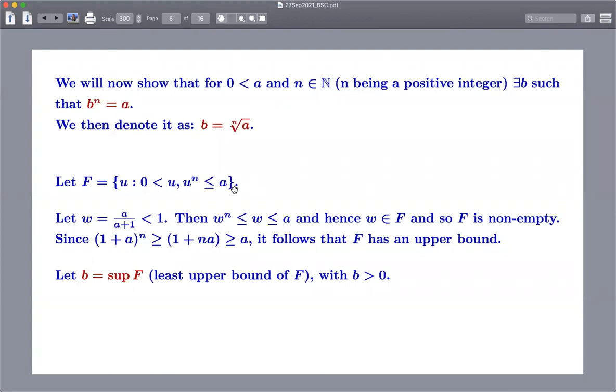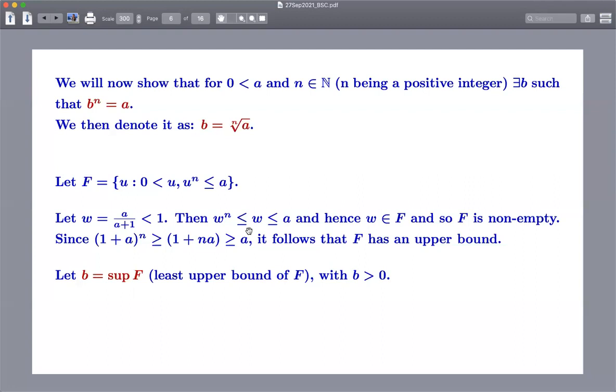Maybe it is, but probably it is, because if A is less than 1, then U^n less than 1 will tell you that the nth root will be less than 1. So every element in F will be less than 1, and 1 itself will be an upper bound. The only thing is you have to write the cases separately. So there is nothing canonical about this proof. Perhaps I was reading Rudin, and Rudin used this, so I've just taken it from there.